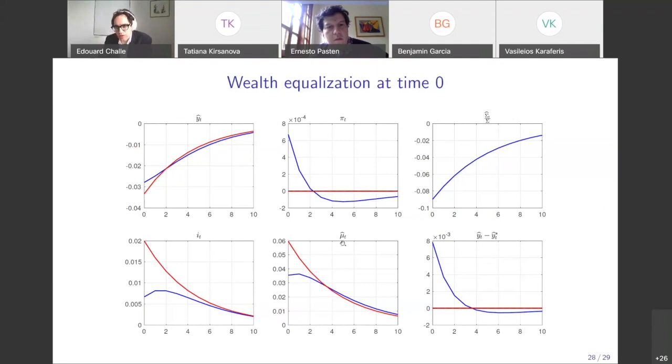And you can show, so there are two effects here of the monetary policy response. There is the direct effect on earnings risk, that you affect the level of earnings risk by manipulating output. And there is the self-insurance channel, which is summarized by mu T. Okay. So in the red line here, you have the mu T that would prevail in a representative agent economy. But precisely, you want to reduce the pass-through from earnings risk to consumption risk. So you don't want mu T to shoot up as much as it would in the representative agent economy. So your policy has the effect of reducing this pass-through, so all else equal, of reducing consumption dispersion.